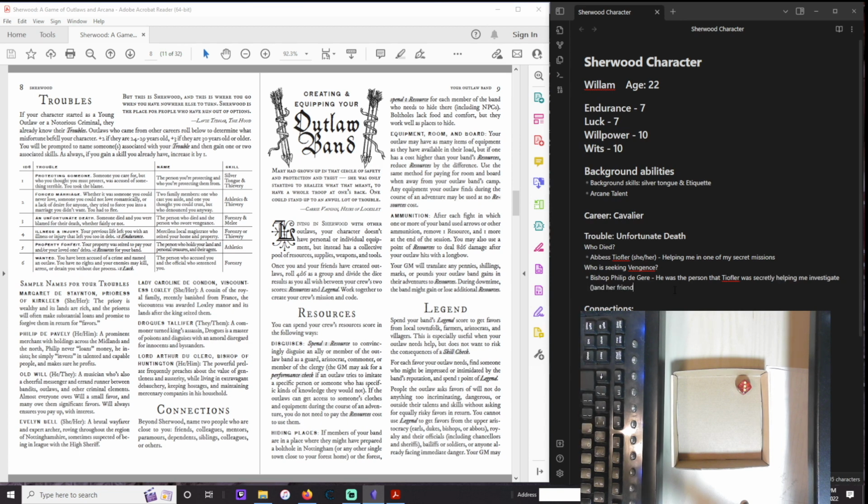And the fact that Teofleur was helping was his secret. So basically, she was helping me investigate Philippe de Guerre, maybe for malfeasance or something,